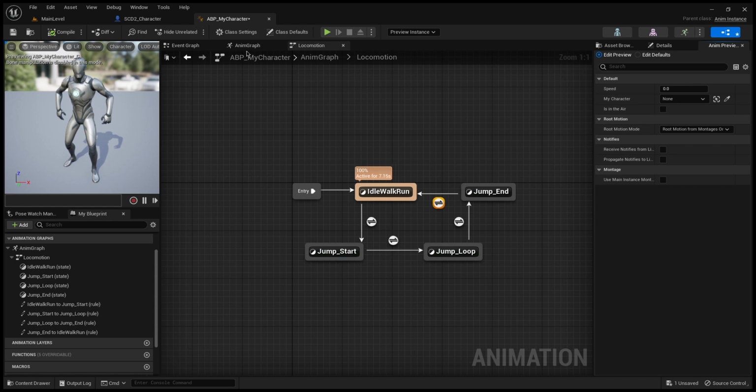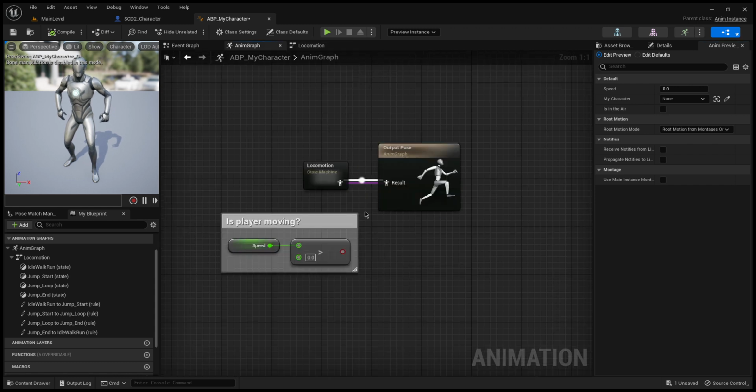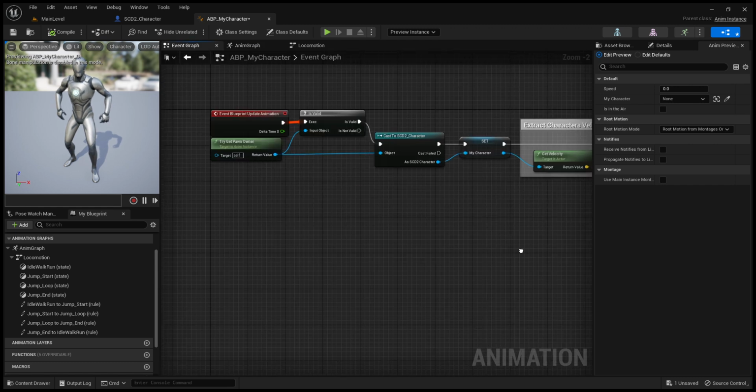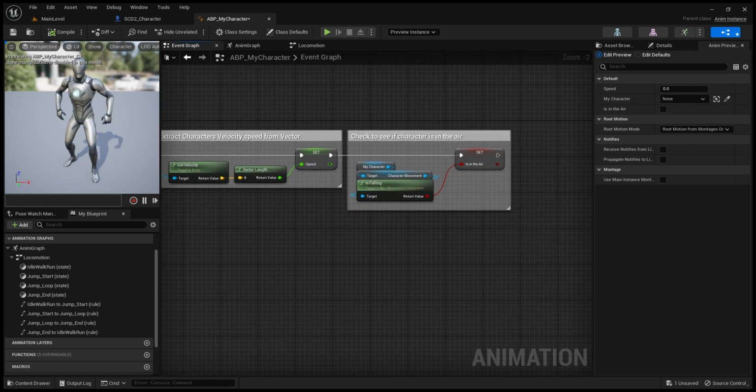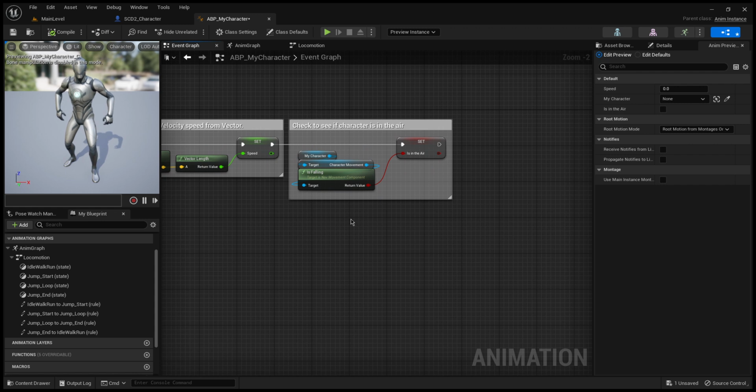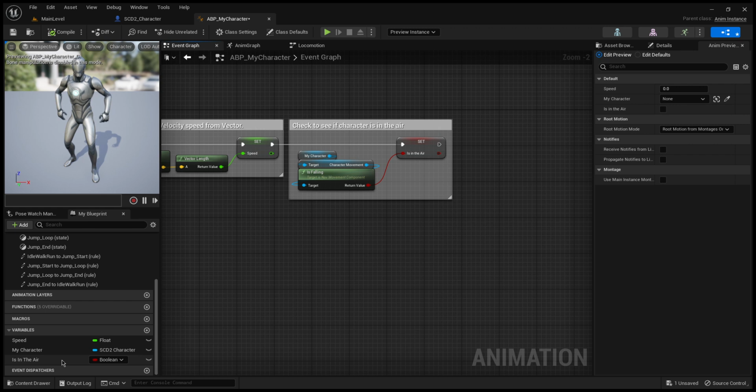All right, the next thing I want to show you is your state machine, as I showed you from here, that you want to link up to your pose. And then I had to change something on the event graph in order for it to pick that up. So to check to see if your character is in the air, which is why we made this variable, is in the air,